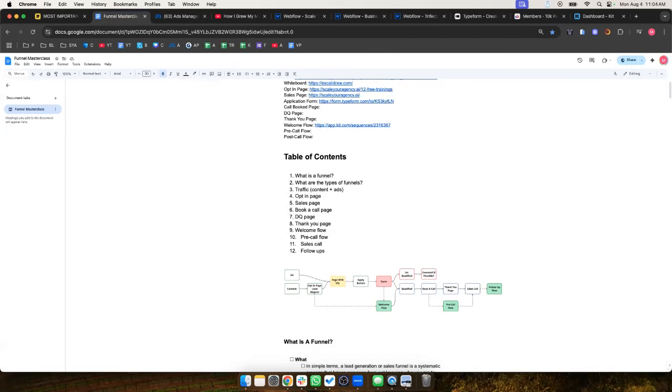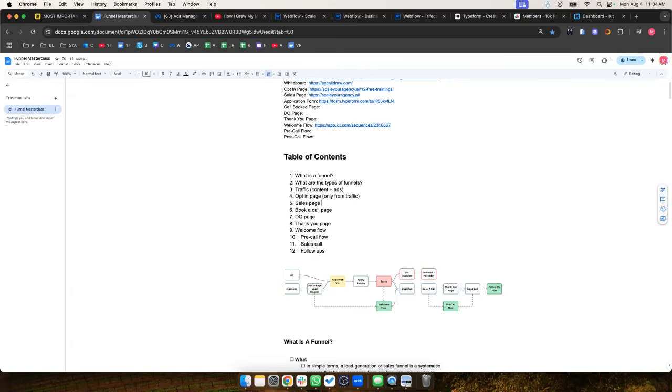There's a few different parts in a funnel. There's the traffic, normally content and ads. There's other ways to drive traffic, such as outreach and partnerships, but neither of those things really go through a funnel. If you cold email someone, you're just talking to them in an email. They don't really go through this process. If someone refers you in a partnership, you usually just also skip this entire process and you're straight to the call. Then we have an opt-in page, which we're only going to use from traffic, only from traffic, and I'll explain that in a minute.